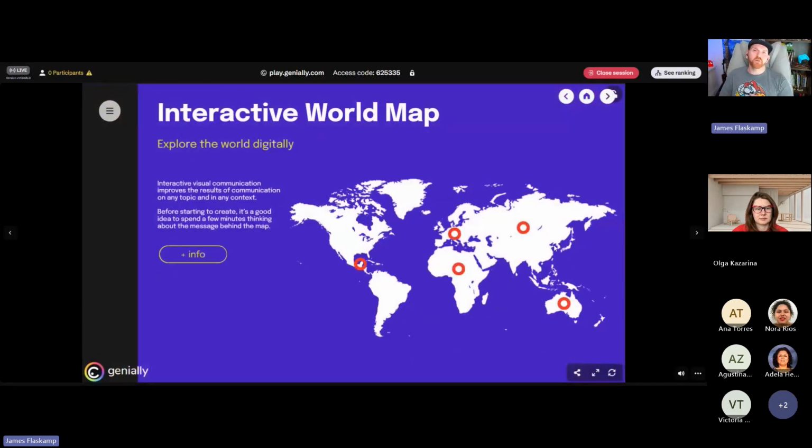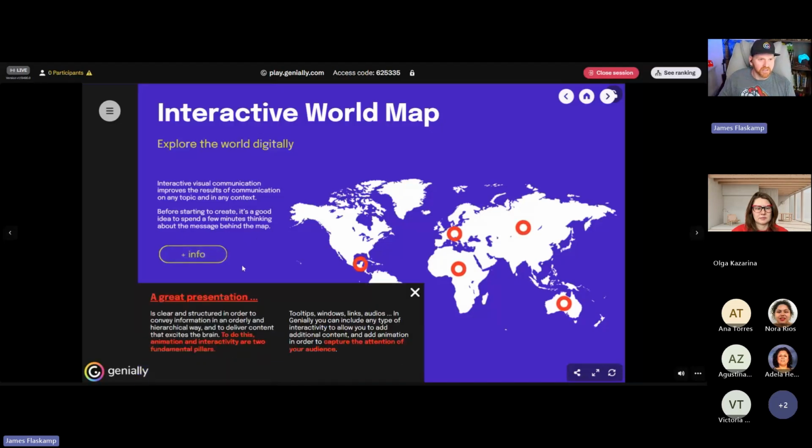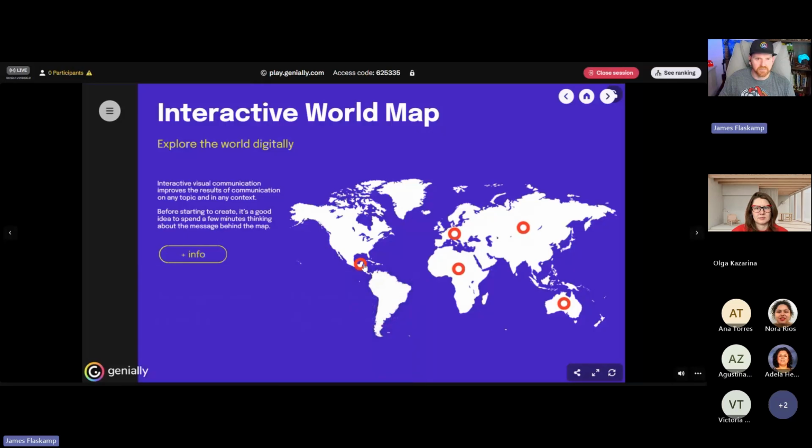When we activate star mode, then we end up with something like this, an interactive world map Genially, fully interactive with all kinds of different hotspots and places to put information. And the cool thing is I didn't really mess with the template very much at all with this. I think I removed the logo here and I changed a couple of text boxes. But other than that, this is pretty much the template. So you'll see there's some placeholder information because there's just so much that you can put into this. But yeah, you can click on the info button and get something there.